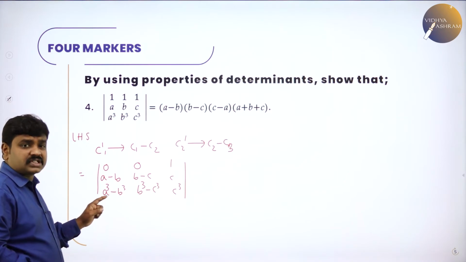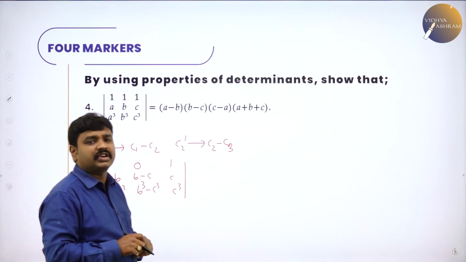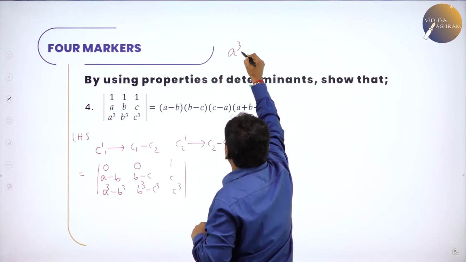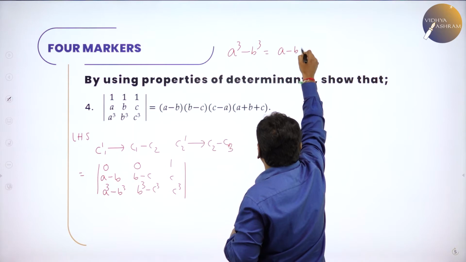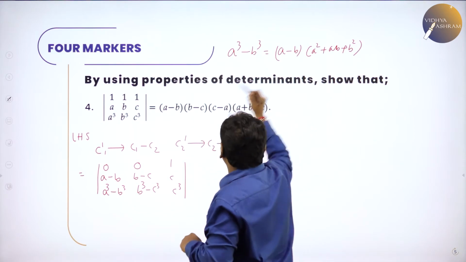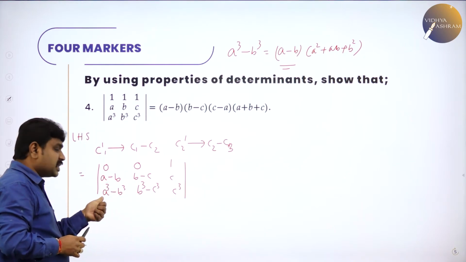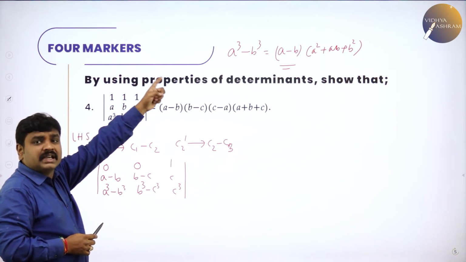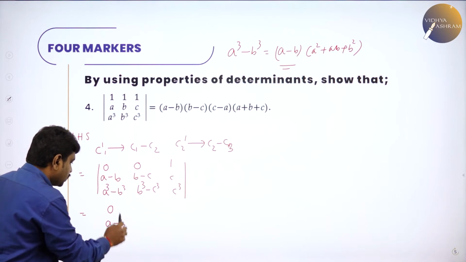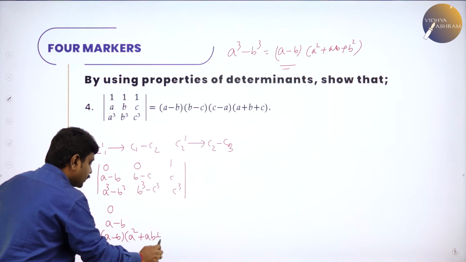Now, if you see the first column, we have A minus B, but here it is A minus B, A cube minus B cube. So write the formula for A cube minus B cube. What is A cube minus B cube? A minus B into A square plus AB plus B square. All of you know the formula for A cube minus B cube. This is the key hint for the problem, because I have to write it in terms of A minus B, because I need A minus B out. So when I observe A minus B above, how to make this A minus B? Use the identity. A cube minus B cube can be written as A minus B into A square plus AB plus B square. So now 0, A minus B, can I write the last element as A minus B into A square plus AB plus B square?